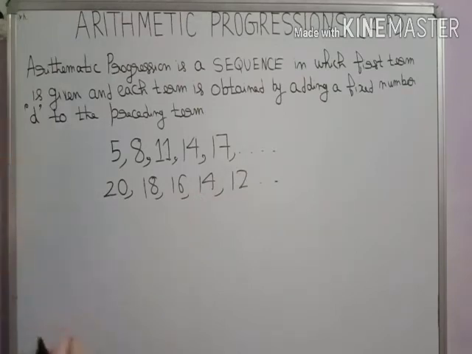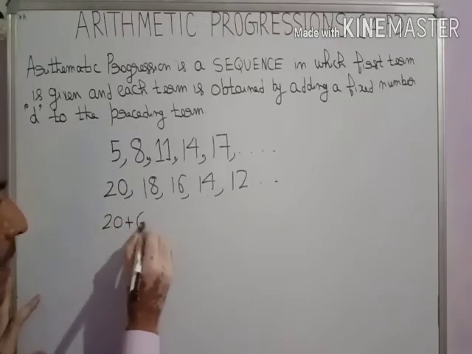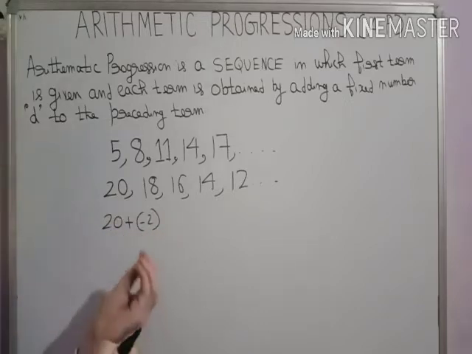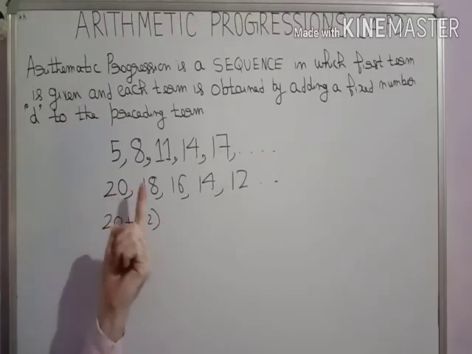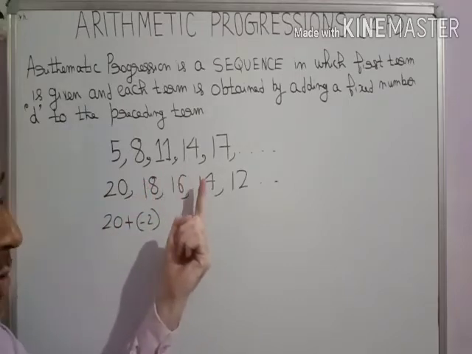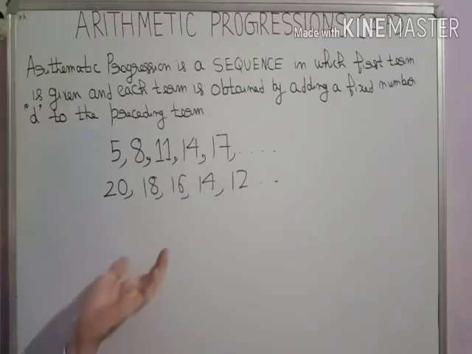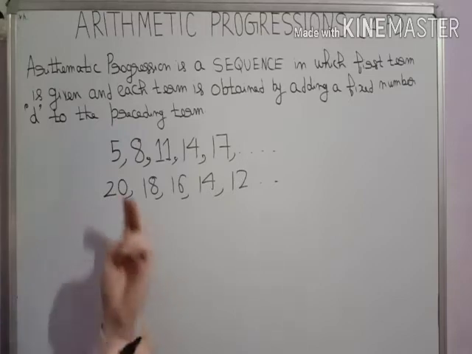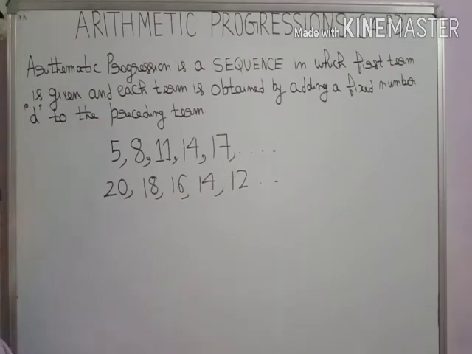You see what I am doing here: I am adding, but the number I am going to add here is a negative number. You see 20 plus minus 2. This time I am going to add minus 2 and I am getting the very next number. 20 में minus 2 ऐड किया 18, 18 plus minus 2 is 16, 16 plus minus 2 is 14, 14 plus minus 2 is 12. It means you will not take this misconception कि in an AP the terms are increasing. It can decrease as well,